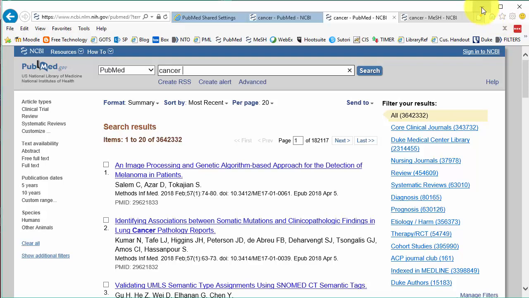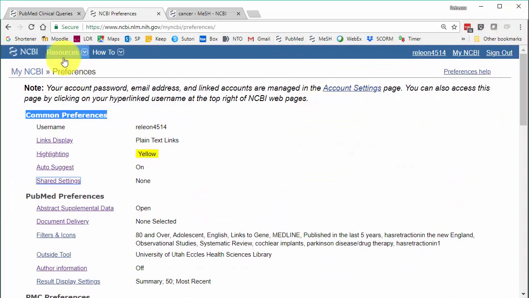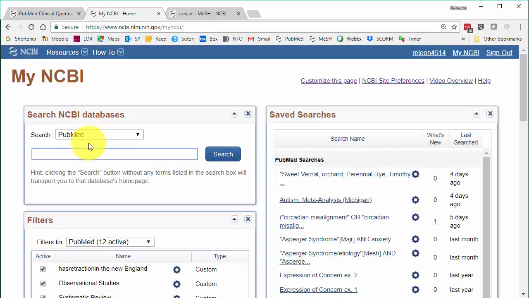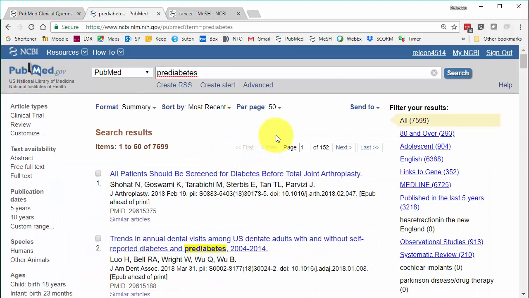Okay, so let me get out of this browser. And I'm going to go back to my NCBI and use my favorite little search box. And I am going to search for pre-diabetes in PubMed. All right. So if you want to save a search, you have to click on the link that says Create